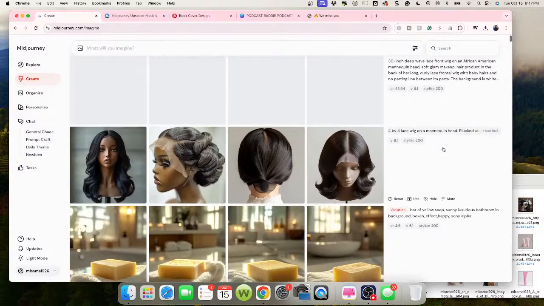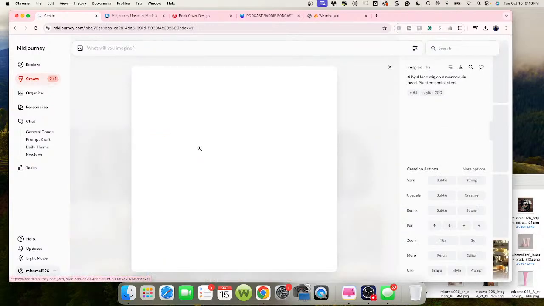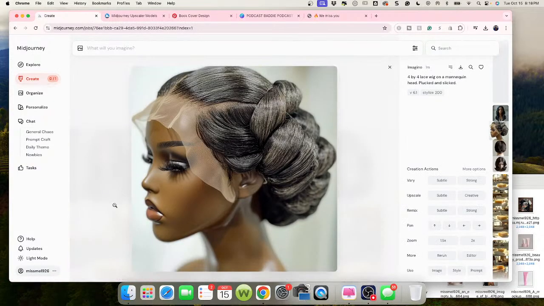It got us this. I don't think this looks bad, to be honest with you. I think this actually looks very unique, and I think it looks good. And if you have a hair business and you're selling wigs and you're promoting your wigs, this shows how the texture of your wig is so good that you can go ahead and create this hairstyle with it. Okay,